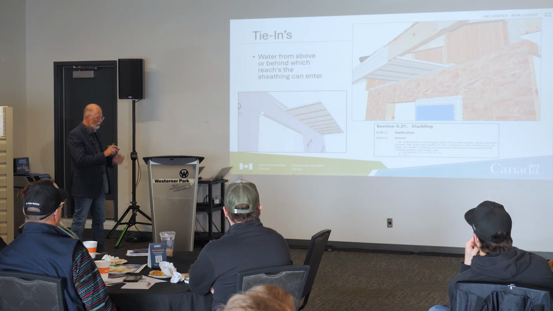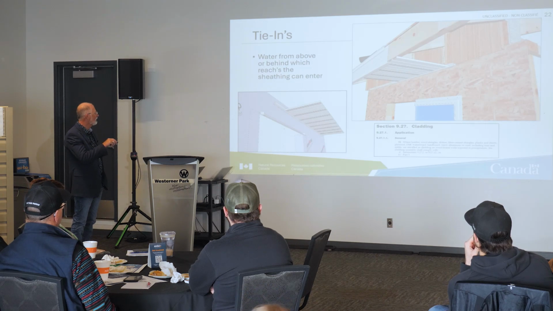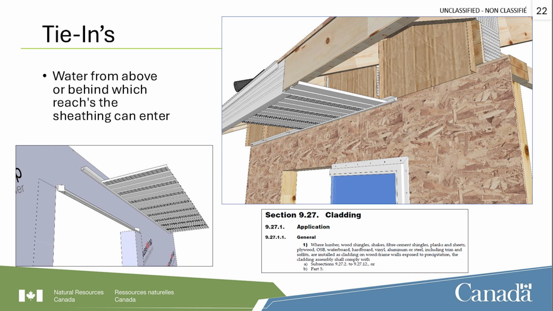And where it's a key component is looking here at the tie-in. So here we've got the house wrap going in behind the J trim on the soffits. Here is the old-fashioned way that when I was a site supervisor, this is what we did everywhere, right? The paper does not extend up and behind. So you get wind-driven rain hitting up here, draining down. If it finds a joint in the sheathing, it's behind inside the wall assembly. Or it just comes down and it runs around here, finds a joint in the floor, and now it leaks